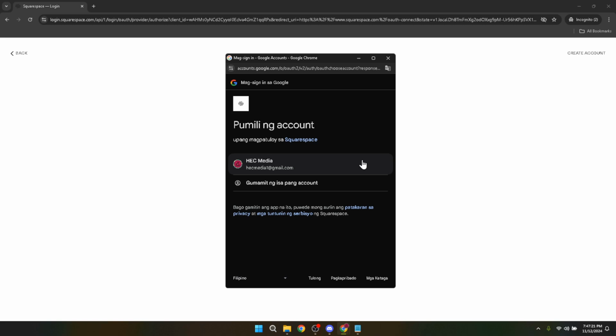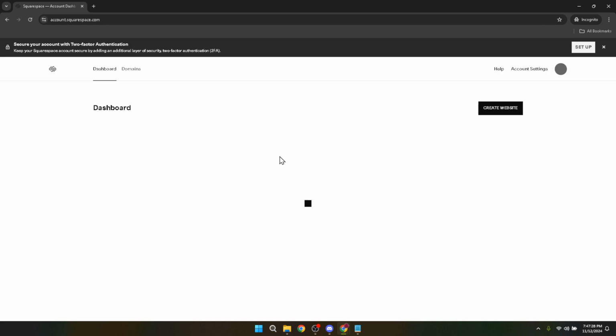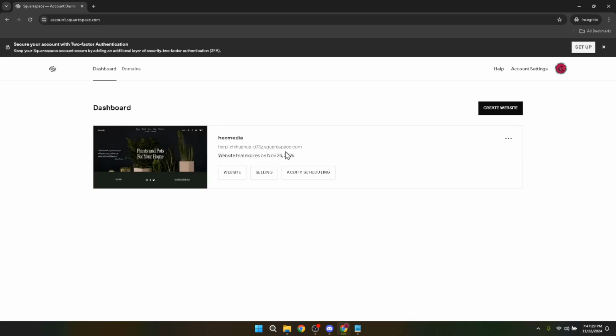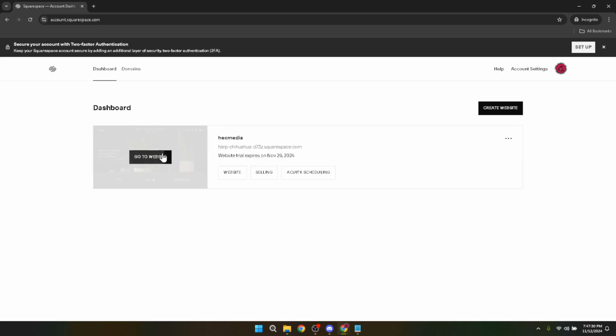In the window that pops up, you'll need to select your Google account. This should be the account associated with your Squarespace website. If you have multiple Google accounts, make sure you choose the one you used to set up your Squarespace site. After you've successfully logged in, it's time to navigate to your website. You can do this by clicking on the direct link to your website's administrative panel, often found on your Squarespace dashboard. This step takes you to where you can begin to customize and edit various components of your site, including